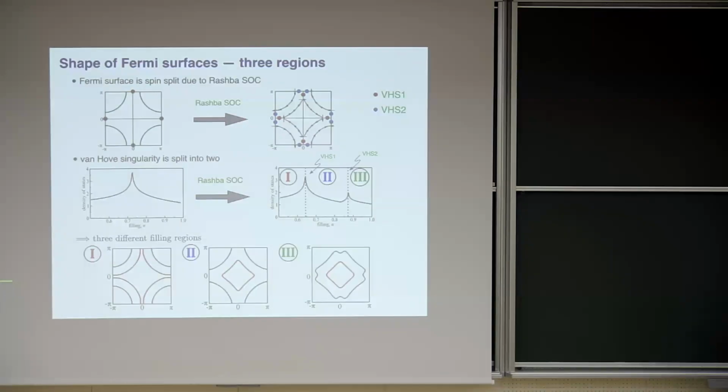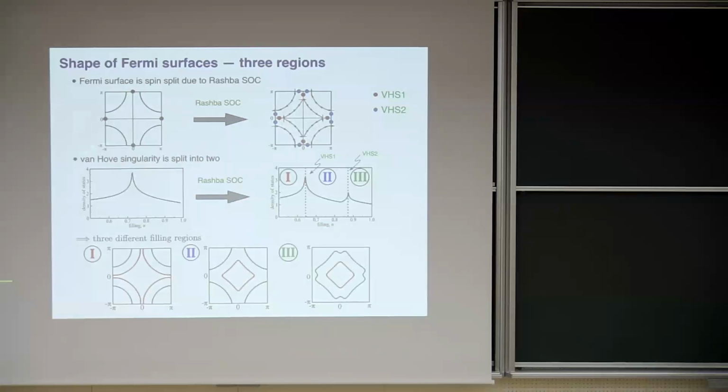So to understand the physics here, we first need to think about the Fermi surface in these types of systems. And what's special here is this Rashba type spin-orbit coupling, which breaks the spin degeneracy. So this is always present if you don't have inversion symmetry, and it leads to a spin splitting of the bands. For example, if we start off on the square lattice with a hole-like Fermi surface like this, where we have Van Hove singularities here at the X point, then once we turn on the Rashba spin-orbit coupling, we split the bands, and we generate one hole-like and one electron-like Fermi surface, and we also split the Van Hove points into two. So there's one moving along here, the y-axis, and the other one moving along the x-axis.